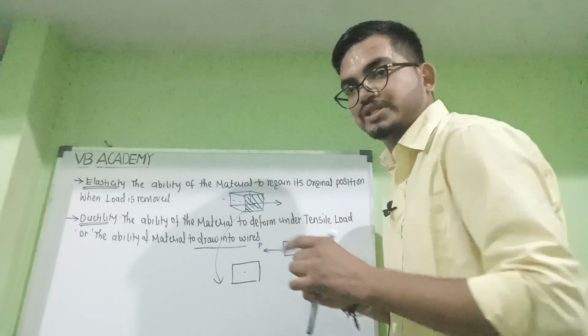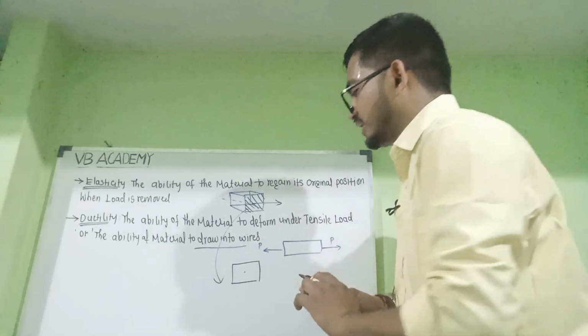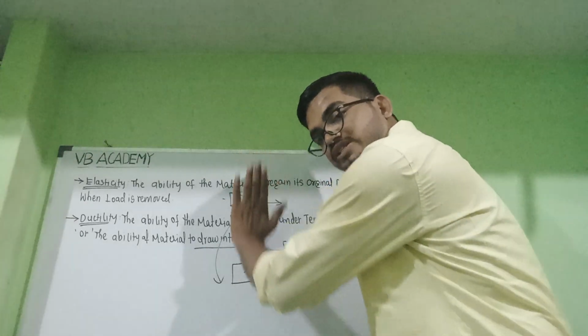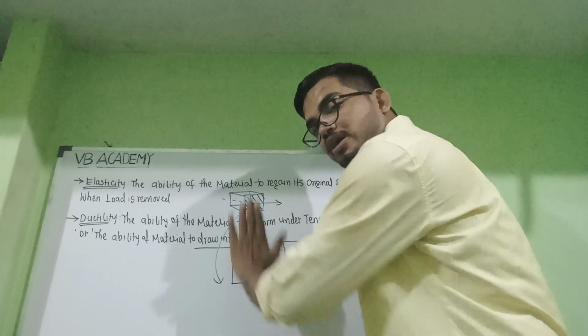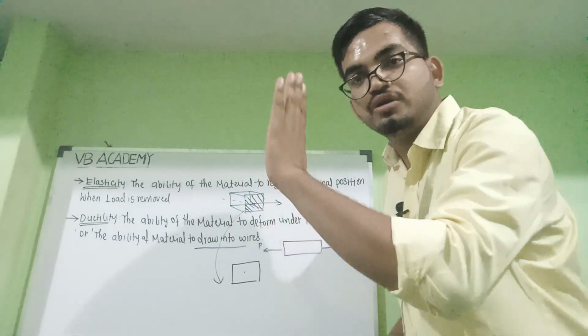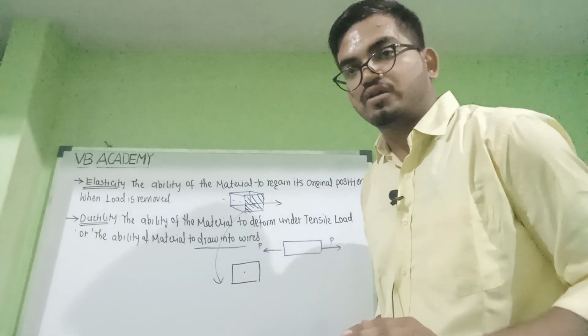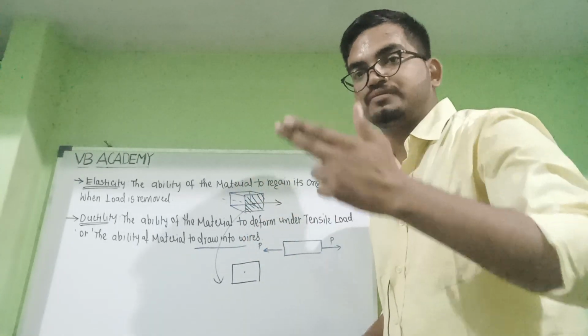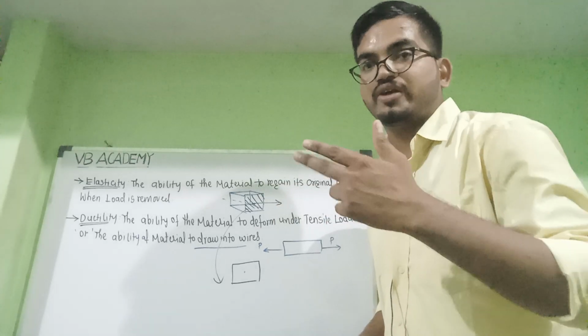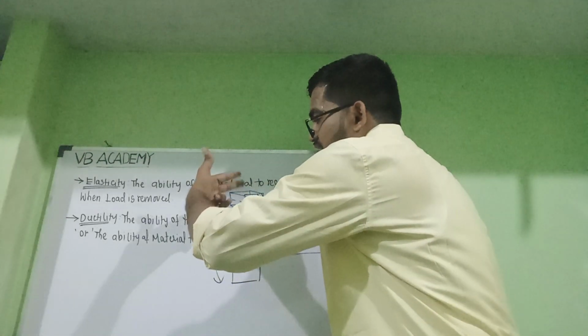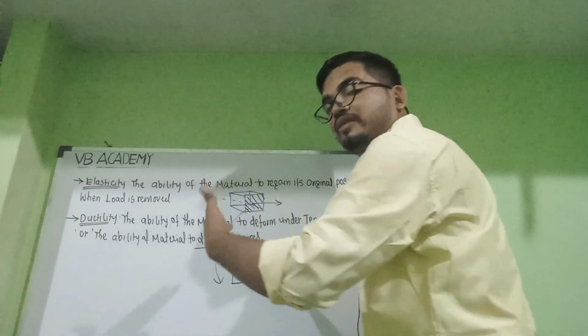But now I am applying the load which is parallel to this board, along this area of cross section. Say a knife or scissor. With the scissor, if I cut like this, what happened? It will cut